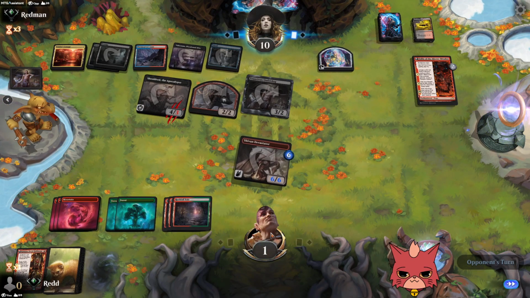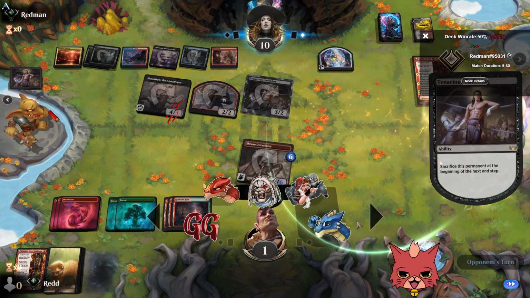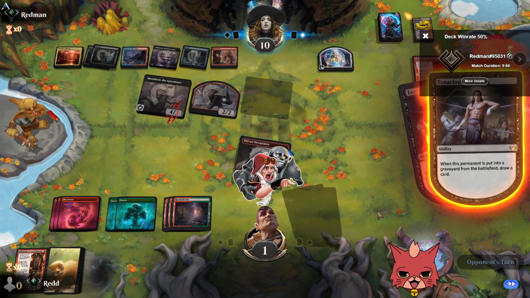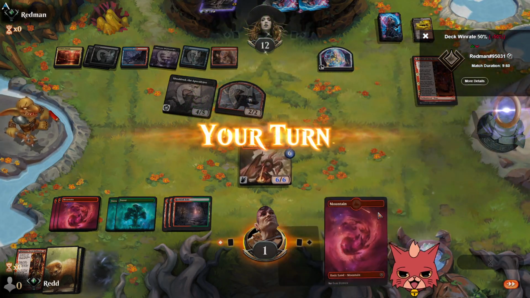Good game. Oh, I actually want to drop the good game. They can't hear me, I've got to remember that. Drop favorite emote to make every loss worth it. That was sick. I think the Devastator...